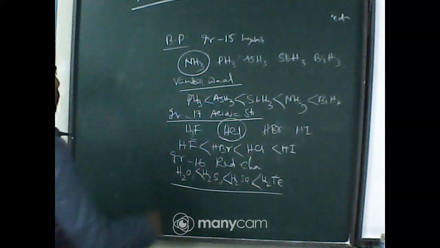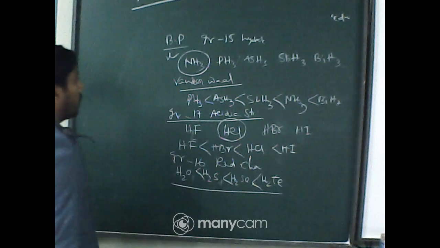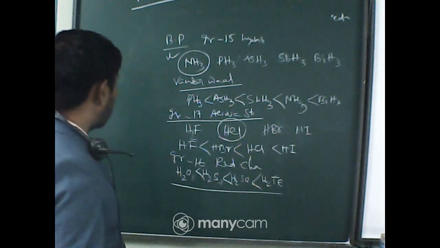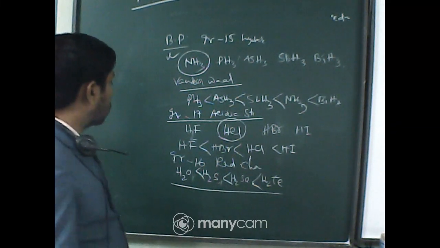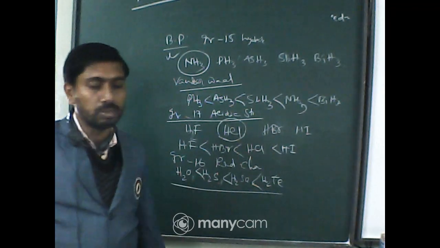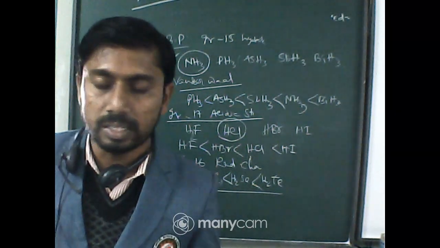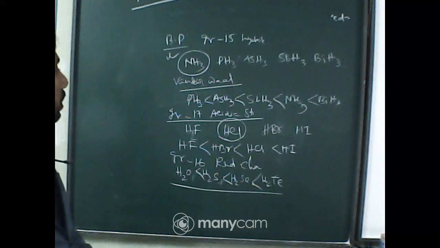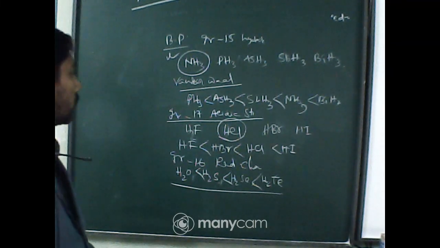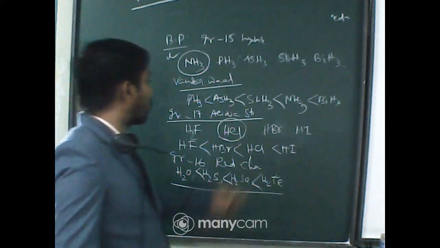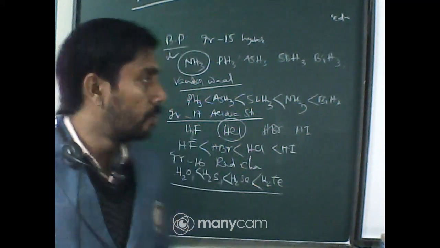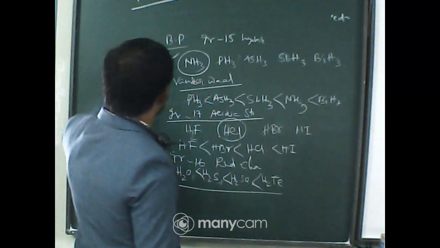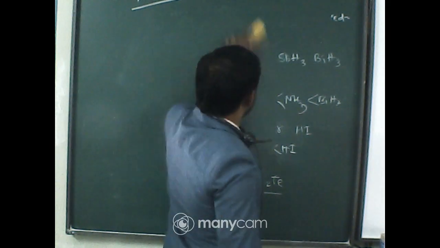These are very important questions. The first one is group 15 hydrides with their boiling point. The second is group 17 hydrides with their acidic strength, and the third is group 16 hydrides with their reducing character. The priority factor is the van der Waals force, and the abnormality is any kind of interactive force within the molecule, that is, here in the case of NH3 and here in the case of HCl. For this there is a certain break in the order. This is the question from p block elements with their properties.